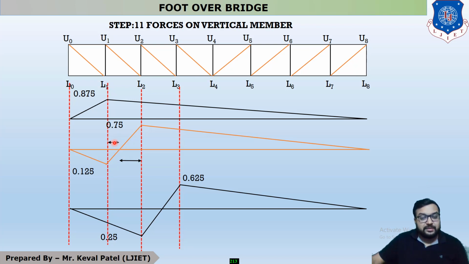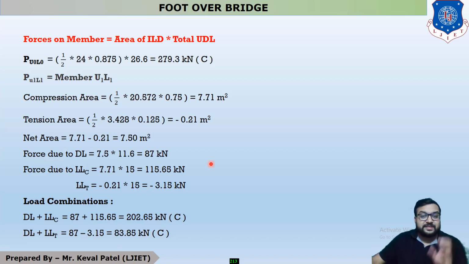So this distance is x meter and this distance is 3 minus x. So the equation is x divided by 0.125 is equal to 3 minus x divided by 0.75. And after calculating, you will get your answer of x. It means the point at which your point of contraflexure occurs. Okay, so you have to find x for the second member, third member and fourth member. Okay, now let us calculate for our second member.